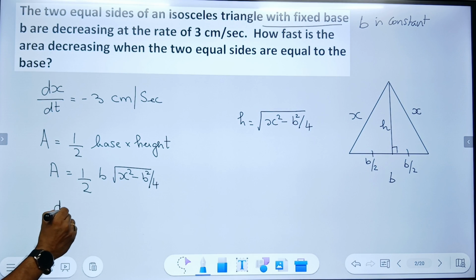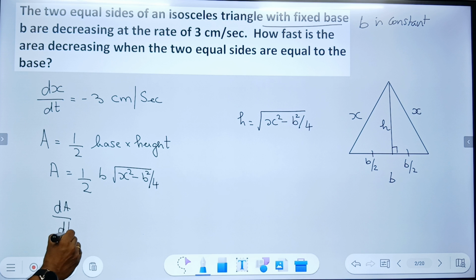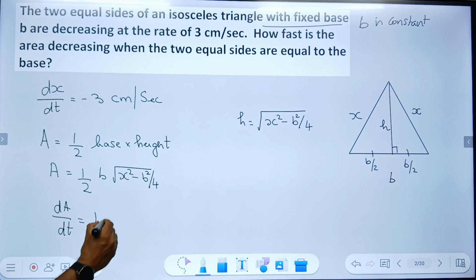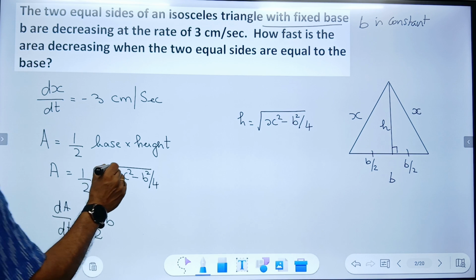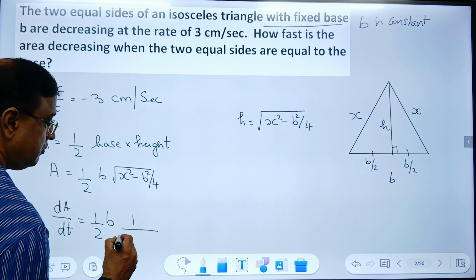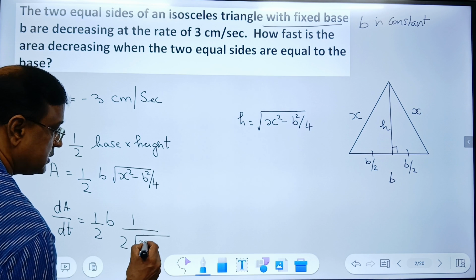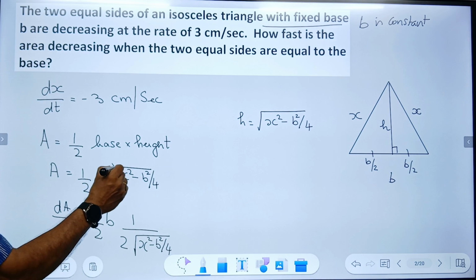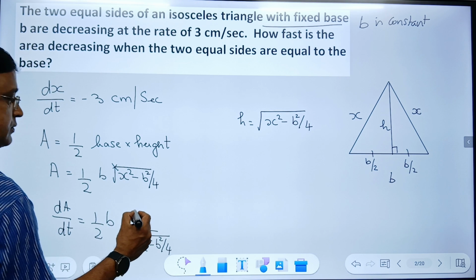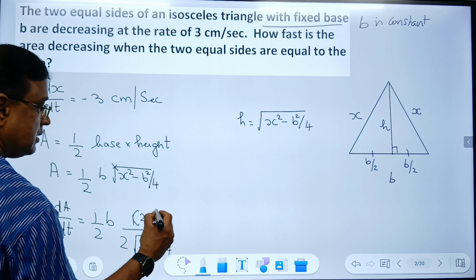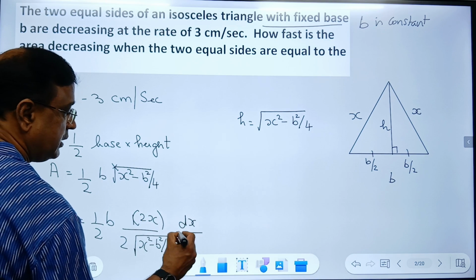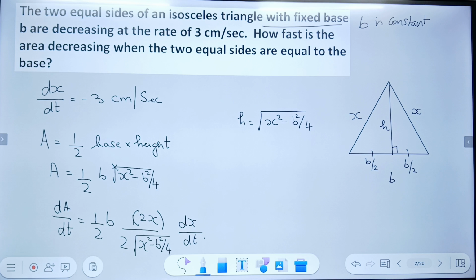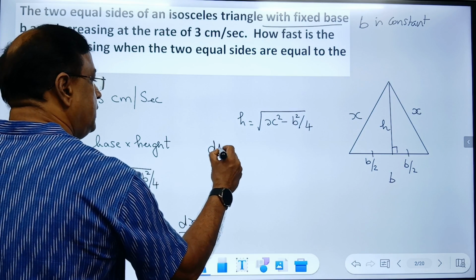So what is dA by dt? dA by dt will be half b, since b is a constant. I want to differentiate this. So that is 1 by 2 root of x square minus b square by 4. First I differentiate the root. I am using the chain rule. And differentiation of x square is 2x. Since I am differentiating with respect to t, it is dx by dt. So now automatically the 2 gets cancelled, and you have dA by dt equal to